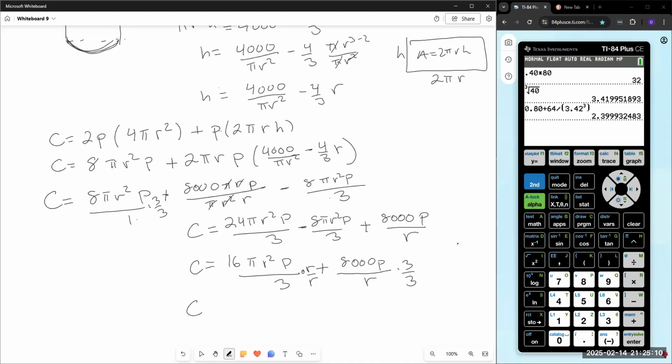So C is equal to 16 pi r cubed p plus 24,000 p over 3r. And that gives me